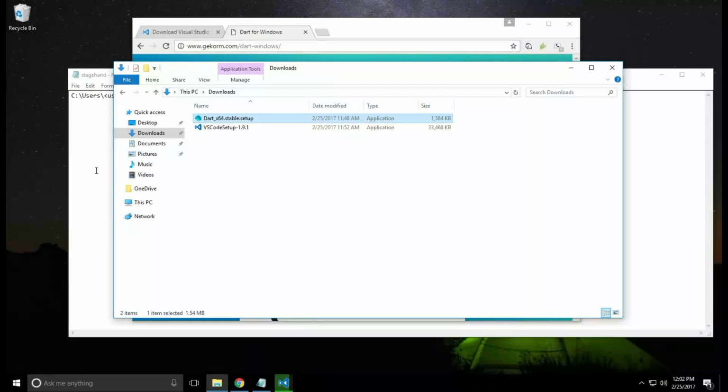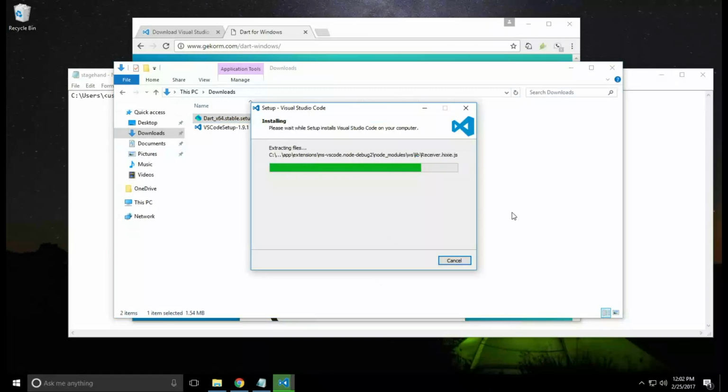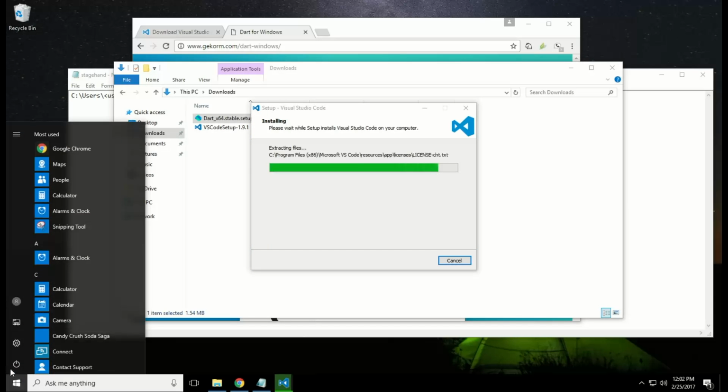Actually, I don't think you can install two things at the same time. Let me see what the status of this actually is. Okay, so that's still downloading. So still installing. In the meantime, what I'm going to have you do is go to this section, Settings,